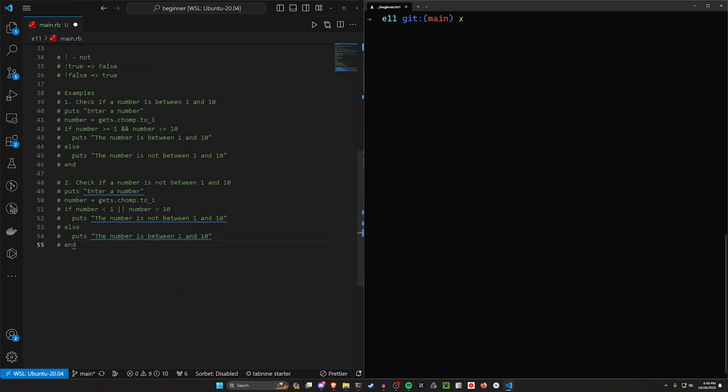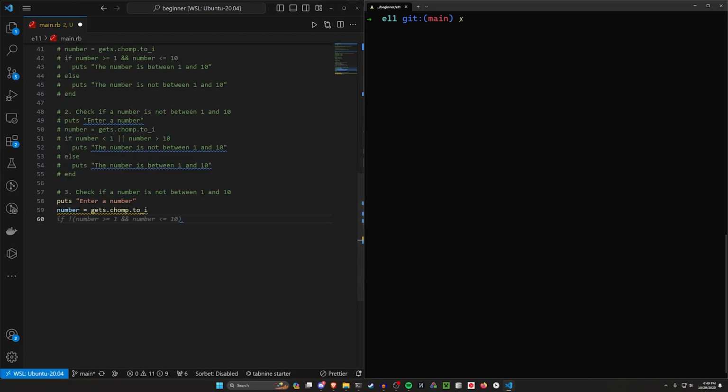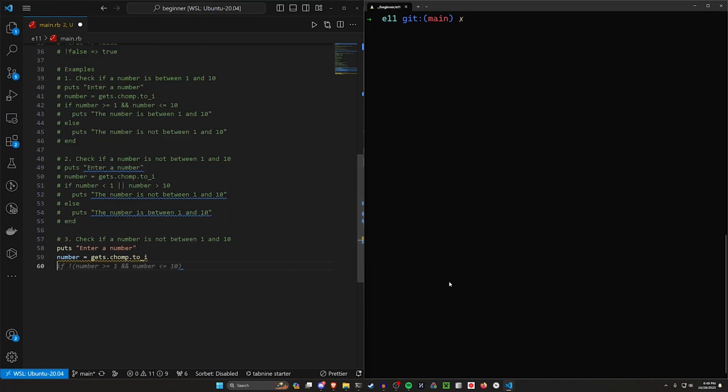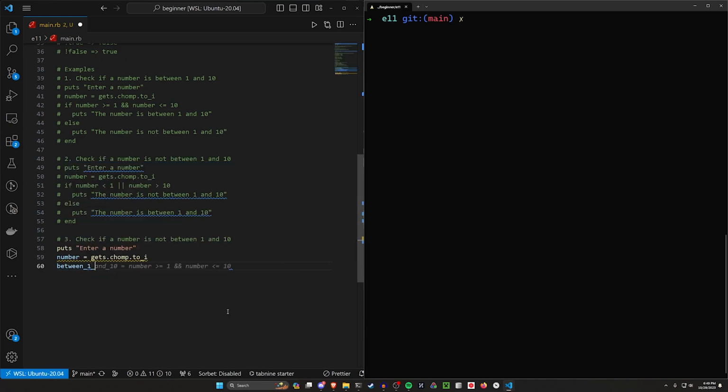Now let's take a look at our final example. For our final example, we want to check that the number is not between 1 and 10. So let's go ahead and get this number again. But this time what we'll do is store the result that we had previously. So let's create a variable, call this between 1 and 10. Set this equal to the number is greater than or equal to 1 and the number is less than or equal to 10. And just as an aside, you could also do